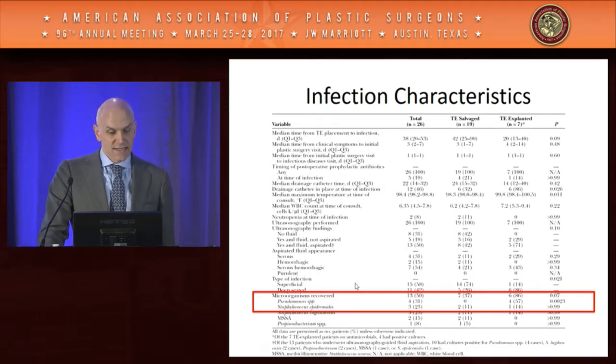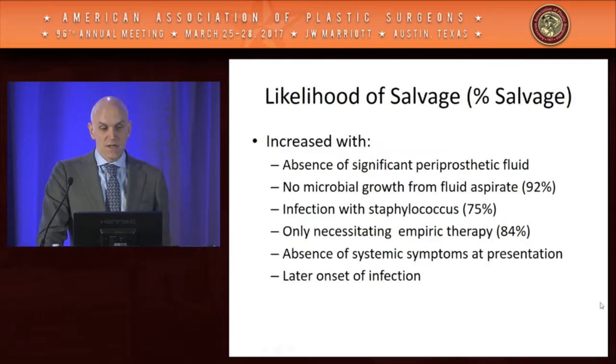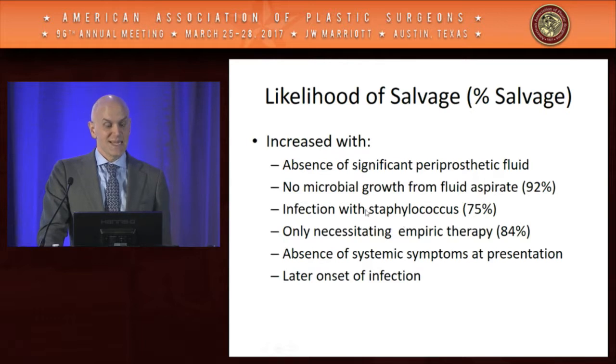Additionally, looking at these things, infection with Pseudomonas species was associated in a significant way with explantation of the tissue expanders. So just to recap that whole thing, the likelihood of salvage increased with the absence of any significant periprosthetic fluid, when there was no microbial growth from the fluid aspirate, when there was infection with staphylococcal species, when patients only required empiric therapy and not specifically targeted therapy for an identifiable organism, when there was an absence of systemic symptoms at presentation, and a later onset of infection from the time of tissue expander